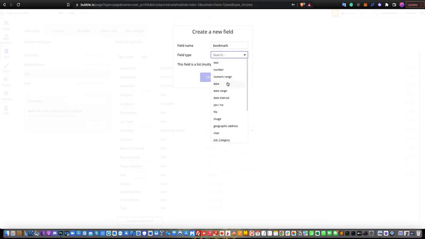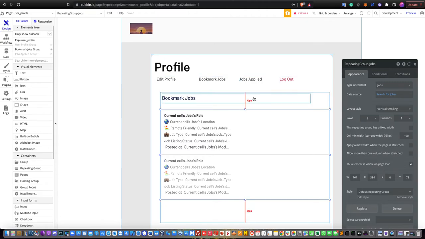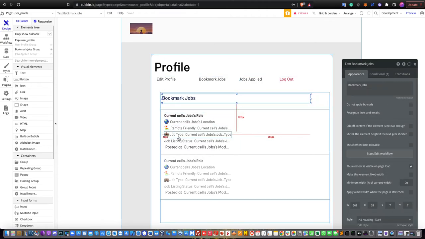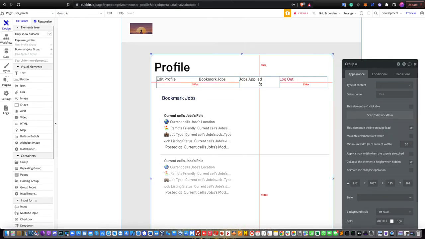Okay, and then user, then you tick this. But since it's already been created, this is what it's going to look like, bookmark list of users. Okay, so for this thing, create a search for jobs, then bookmark contains current user. Okay, and then for just apply,